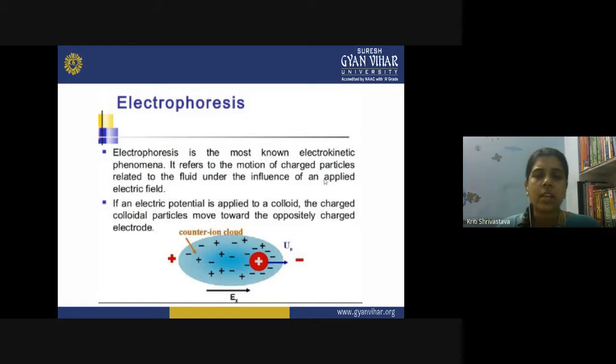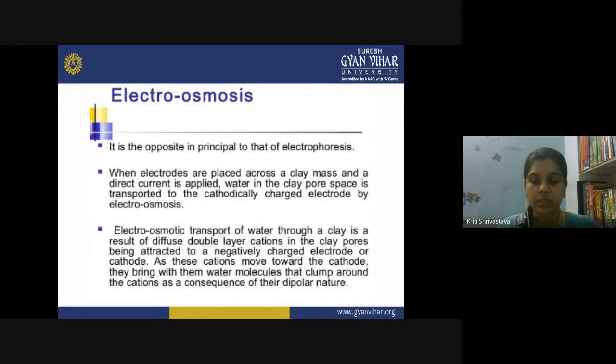So under the influence of an applied field, when you apply an electric field here, this is plus, this is negative, we have applied an electric field on this solution. What will happen is the positively charged particles will move toward the negative electrode, and in the rest of the dispersion medium we don't have any charged particle, so only the charged particles are moving in this process. These positively charged particles will get attached to the negative electrode, so they will be accumulated on the oppositely charged electrode. This is the electrophoresis process.